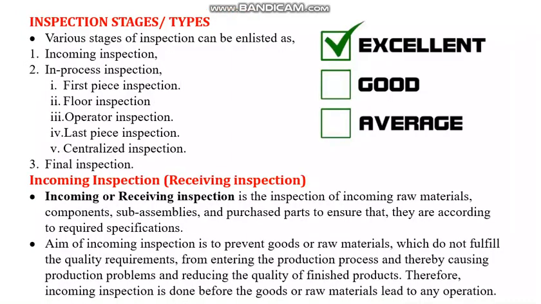Next, inspection stages, or types of stages. Some of the things we have already seen, but let us see in a detailed way what the various stages are. First is the incoming inspection. This is inspection of either the raw material or the bought out items that you are getting. Those are incoming materials, and if you do the inspection of that, it is incoming inspection. The second one is